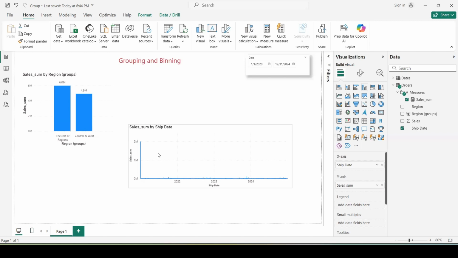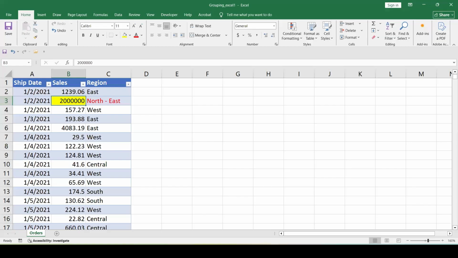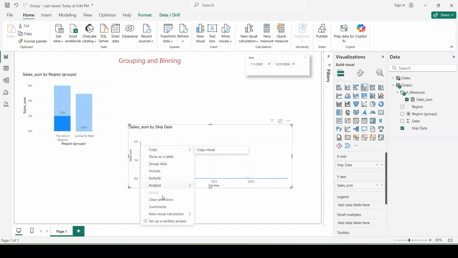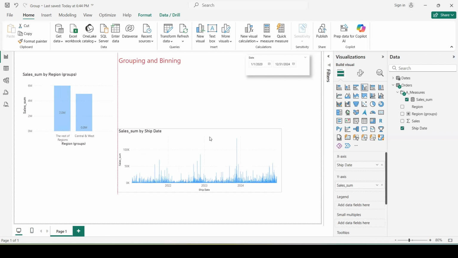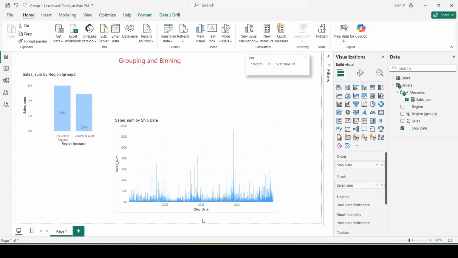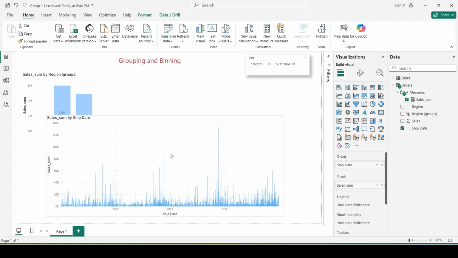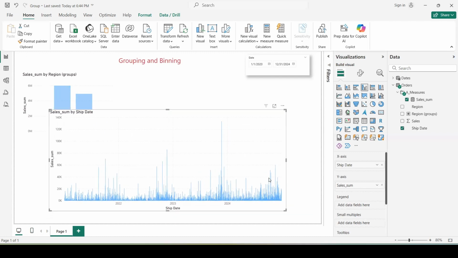And because we have one day with 2 million, we just added here, if you remember, this line, I can just easily take it out so that we can see the rest of the date. Exclude, and our graph looks like that. So as you can see, it's very dense. You cannot read too much.